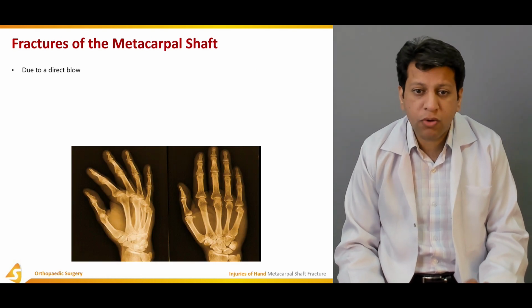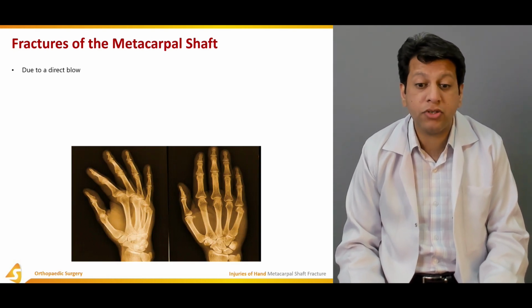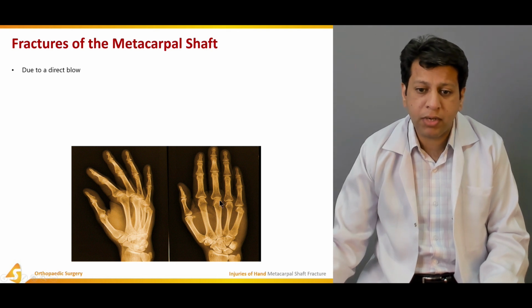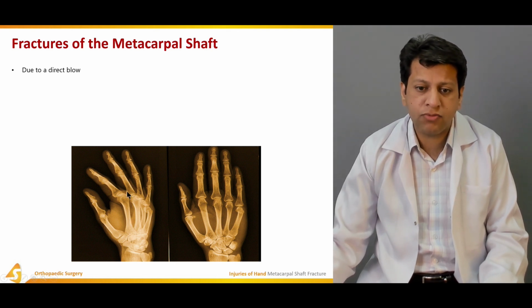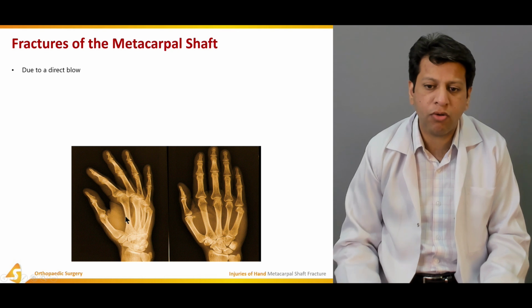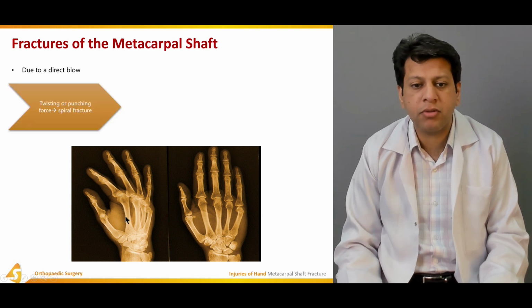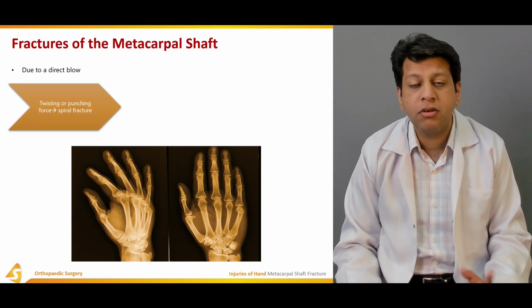So, what about fractures of the metacarpal shaft? If you see, this is the metacarpal, this is the head, this would be the neck area, this whole part is the shaft, and this forms the base of the metacarpal. The most commonly injured part is always the shaft of the metacarpal, and they can occur due to